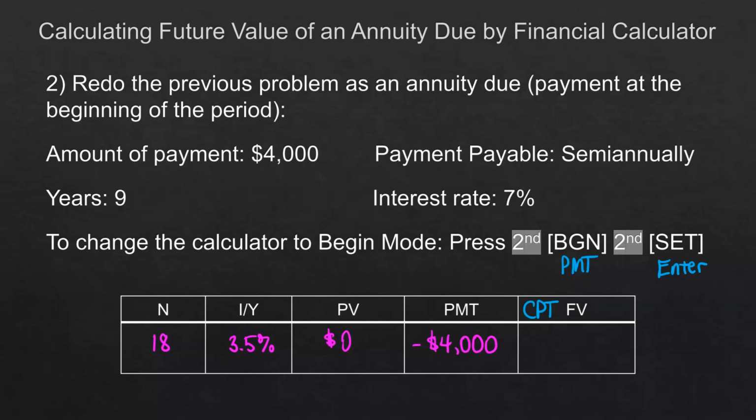It will make a difference on what you compute. So you have to be careful that you have it set on begin or end, which will be specified in the question that you're working on. Okay, so when we compute this time, it's 101,000